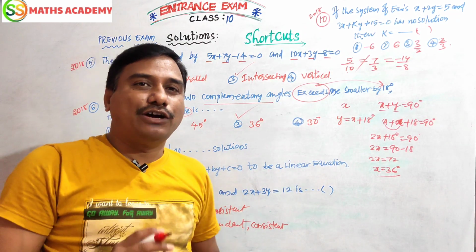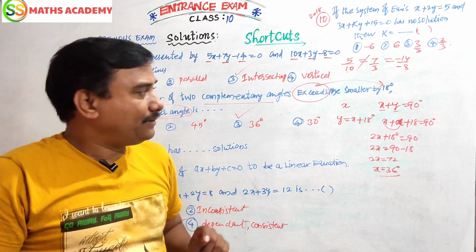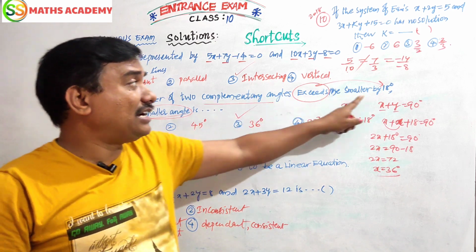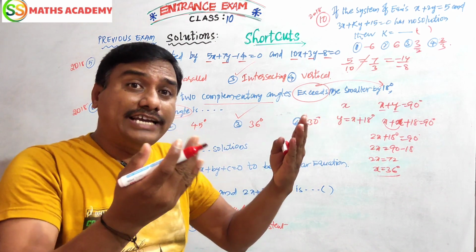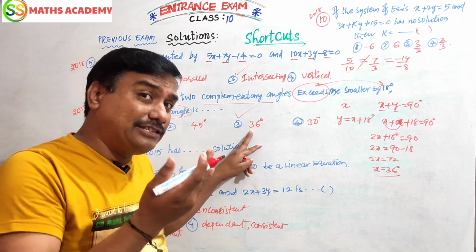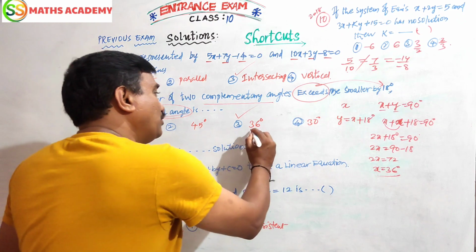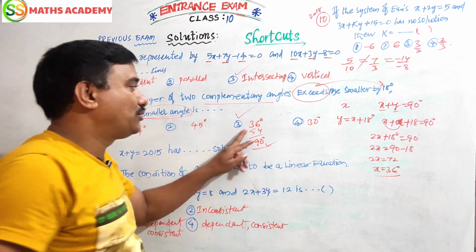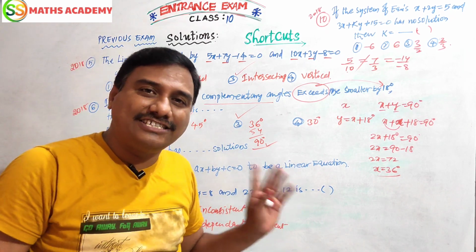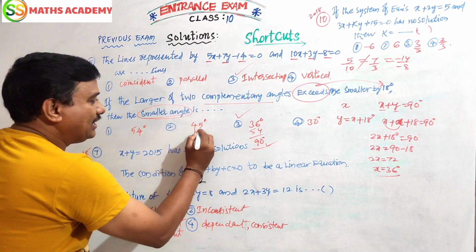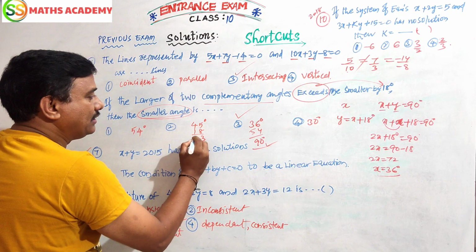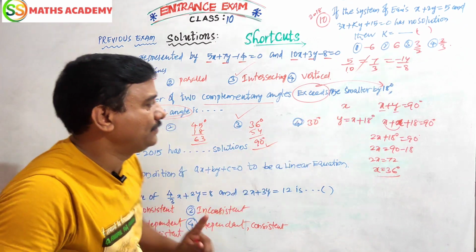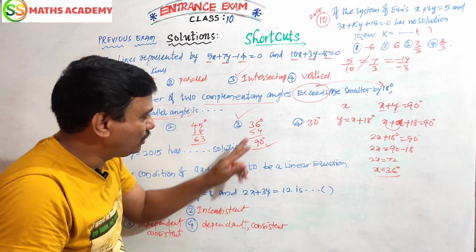And I want to tell you a shortcut method. What is asked? The smaller angle. Okay. The larger angle will be more than the smaller by 18. 36 plus 18, 54. So the sum of these two becomes 90. This is the concept of complementary. So the perfect option is 36. Now you can check. 18, 3, 63. It is not equal to the complementary concept. Like that, no other option fits. Only this is perfect.